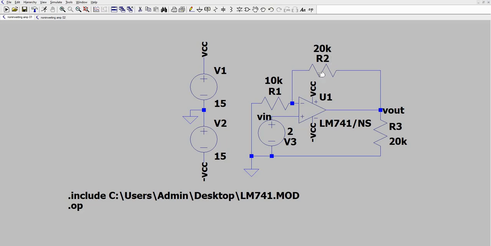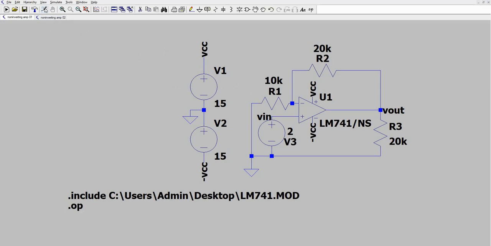Then the resistor R1 is connected to the ground as well as to the inverting terminal. This circuit is the same as the circuit from last time, except that our input now is connected to the non-inverting terminal.